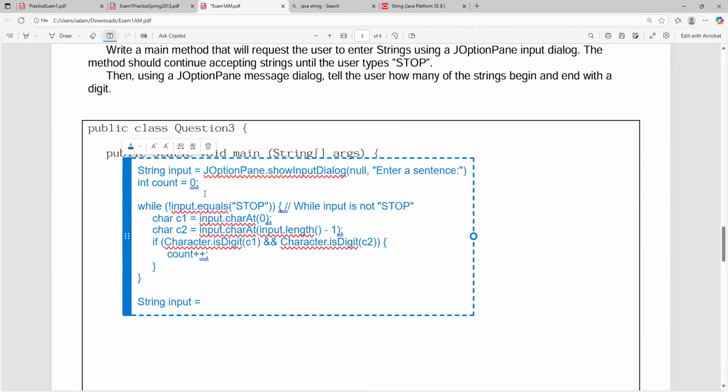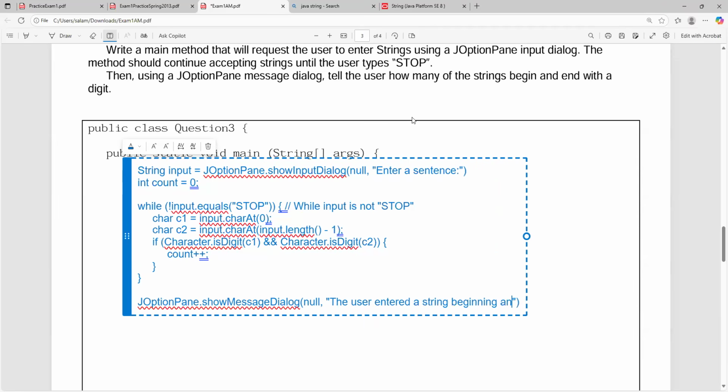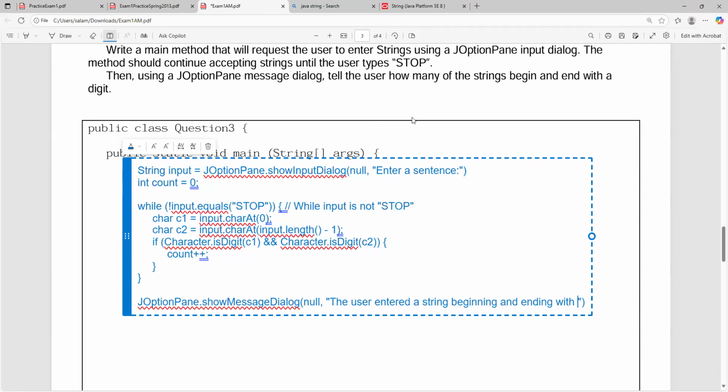To output a message, you could just do JOptionPane dot showMessageDialog. All right, what are we printing? It doesn't specify. So, the user entered a string beginning and ending with